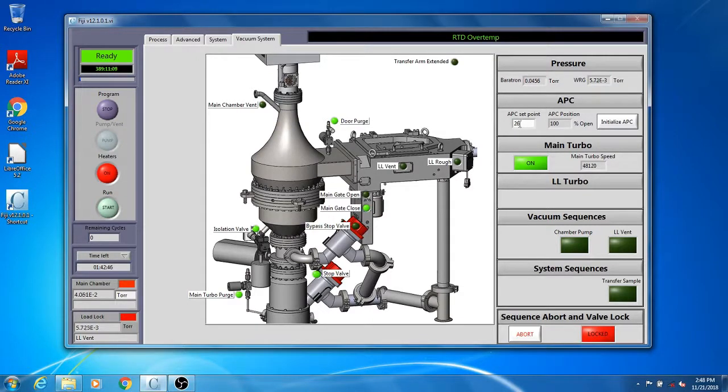The APC set point is now 26, and the Baratron reading is 456 millitorrs. Change it to 24 and let the reading settle down. Now the reading is 118 millitorrs.